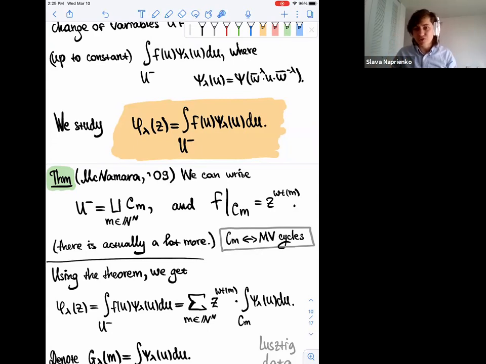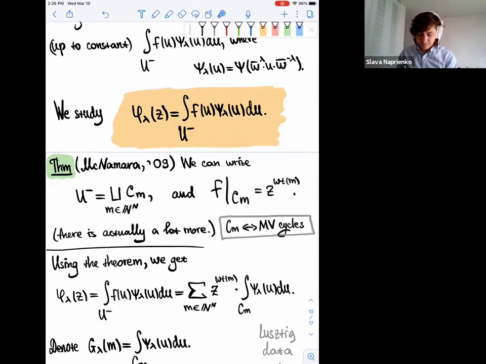So there is actually some geometry happening, but for the purpose of my talk, I don't want to talk about that. We can think about this as just, I'm taking unipotent radical for GLN, which is very particular matrices, and I just separate them into small pieces. Now, of course, if I decompose my domain of integration into pieces, I can just write my function, which is defined by this integral, as a sum over the pieces. Now my function f is constant on each of these pieces. So my constants just go away, and I just denote by g lambda m these integrals over these cycles,